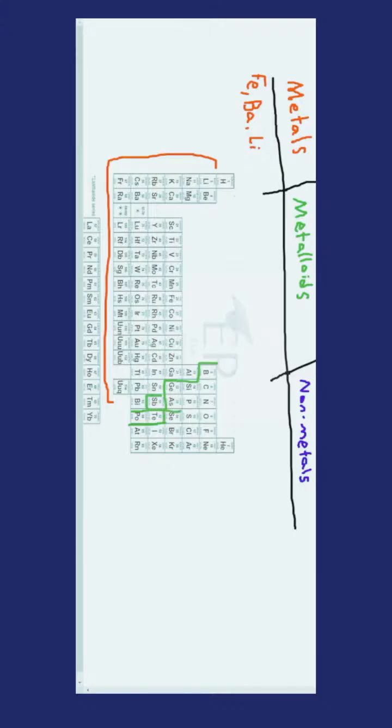So it's going to look a bit like this. So from the question, we can determine that the metalloids among the list are boron,